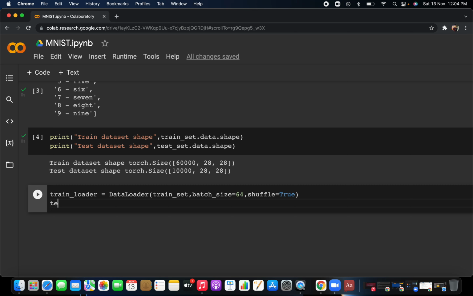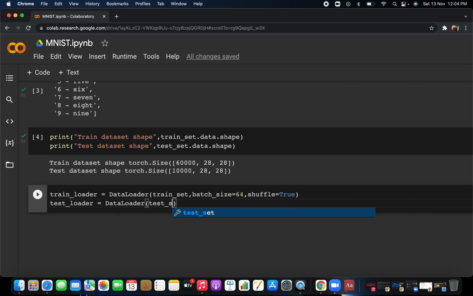For the testing it does not make any difference whether you pass true or false, because you are adjusting the weights only during the training period. The training dataset is really more important as compared to the testing, because during training you are adjusting the weights during back propagation. So that was a really easy concept.